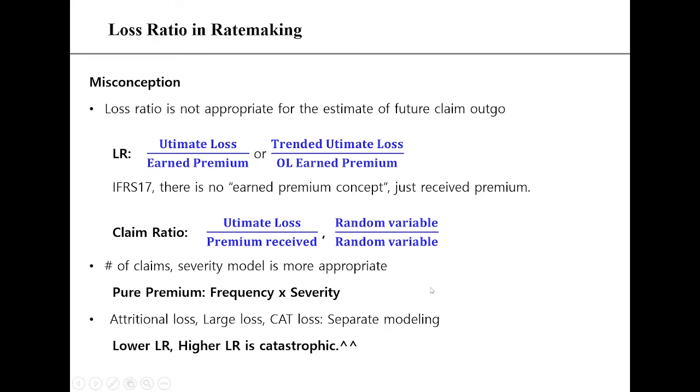That was developed almost 30 years ago to individually simulate the large losses. So that's probably one of the most sophisticated actuarial models to predict the future large losses. CAT is a separate thing, right? So that's why the loss ratio